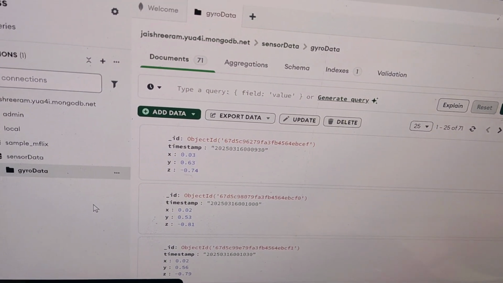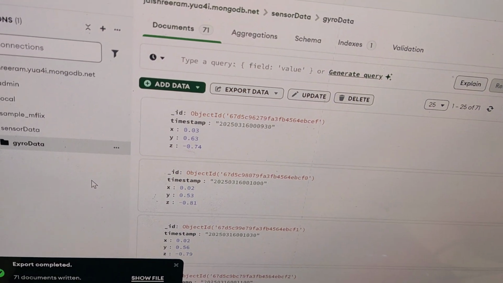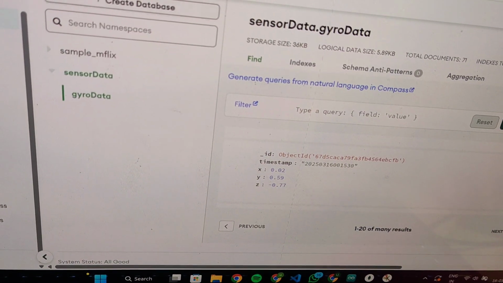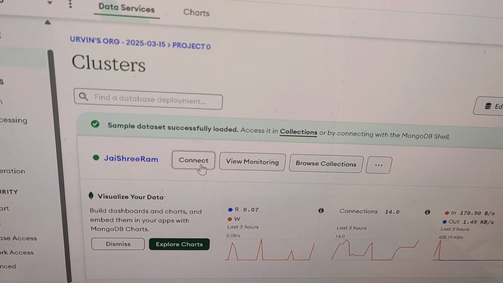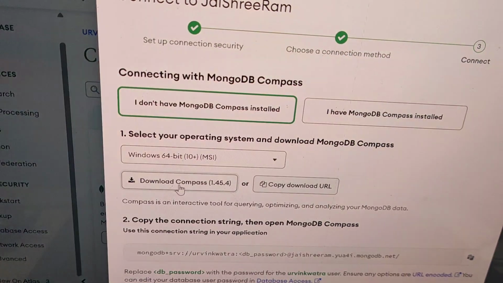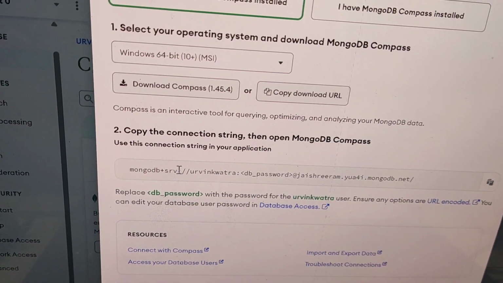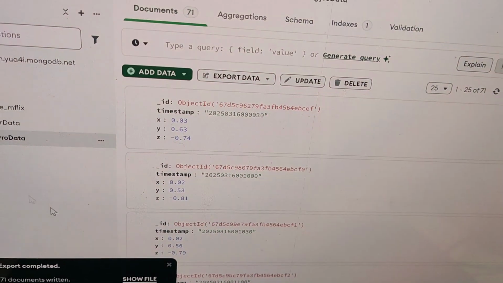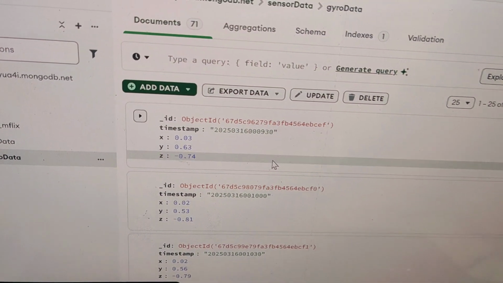And here you just need to enter your URI, which is generated over here. Like I can show you in the connect section, like this. Here you can see the Compass, and you simply have to paste this URI along with your MongoDB password in this application, and here you can see all the readings,